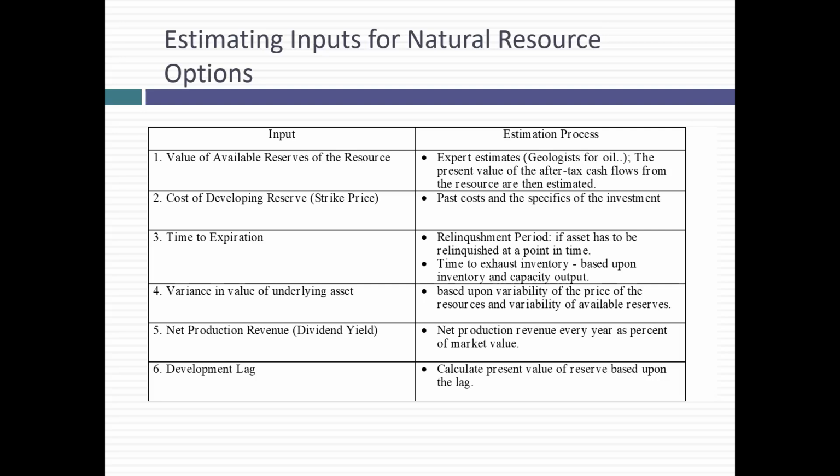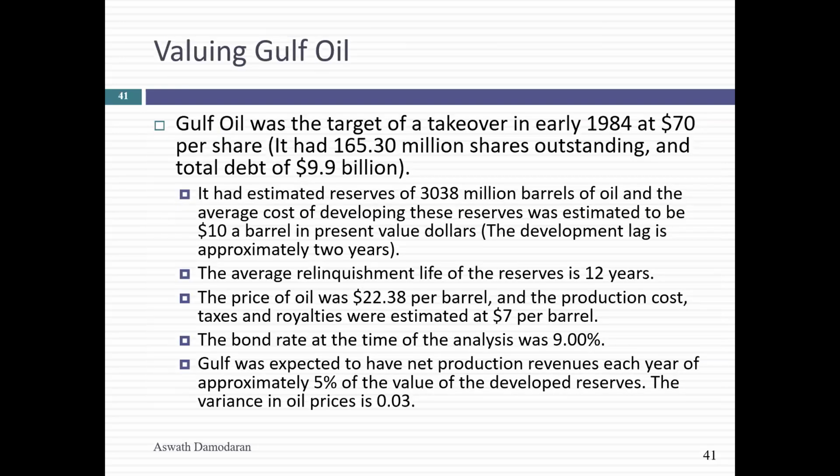Between the decision to develop and actual oil coming out of the ground, it can take a year, 2 years, depending on where the reserves are and how you get them out of the ground. There's a delay between when you make the choice to develop and when the oil comes out. Intuitively, that's going to reduce the value of the option, because you get out there, you're all excited, oil prices are $80, you decide to put the order out to develop the reserves. You know what can happen in the 2 years you wait before the oil comes out of the ground? It could go back down to $60. Essentially, there's a present value effect that's got to be factored in that's going to lower the value of that oil reserve. So let me try this on a real company.